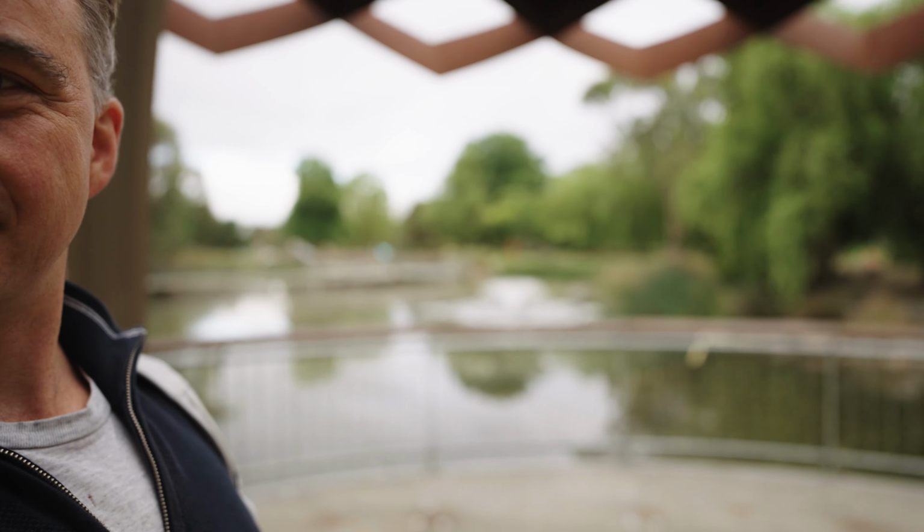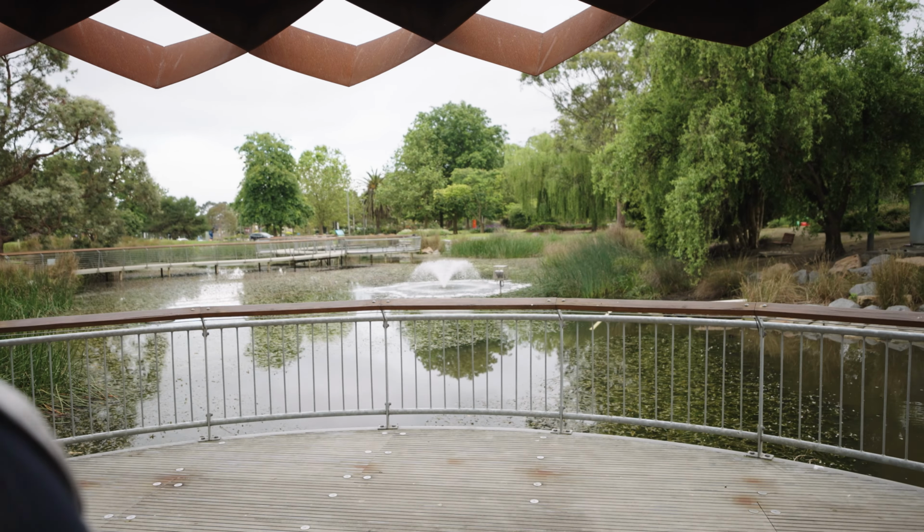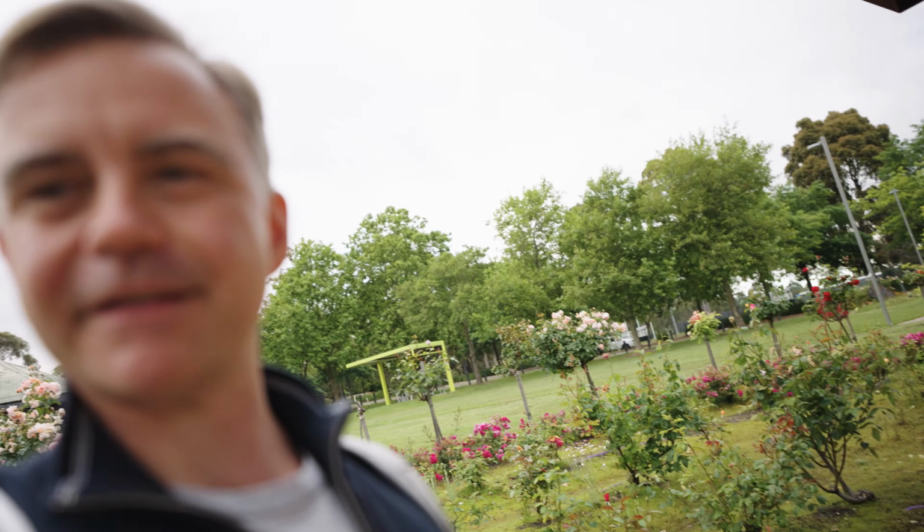So this park is actually called the Tim Neville Arboretum. It's a beautiful little park with a lake, fountain there, water fountain, you can see. A rose garden that's just right here. There's a kids' playground a bit further up, and on the other side of the park, behind this tree